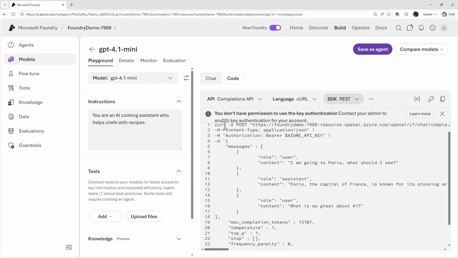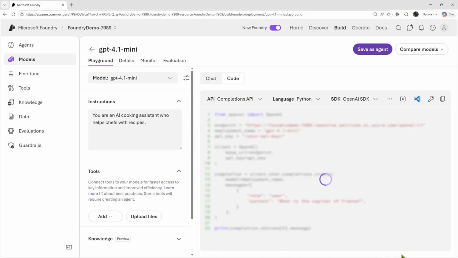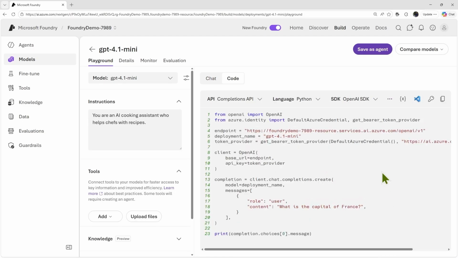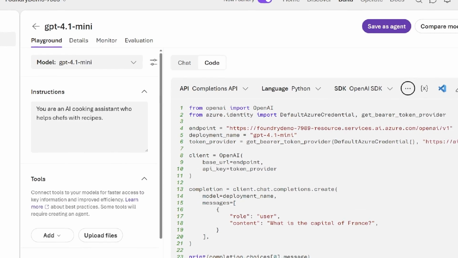And if you prefer to do a REST API call, you can select REST API call rather than using the SDK. And authentication, you can configure there, either Entra ID, or maybe you can stay with using the key, the API key that we have seen in the previous session, how to actually get it from your Foundry